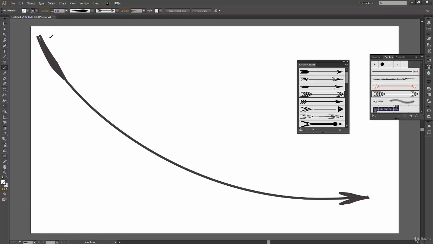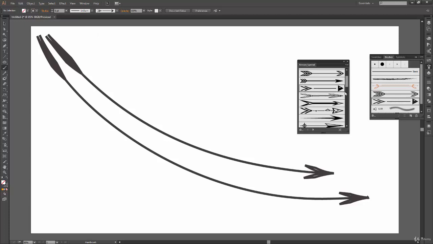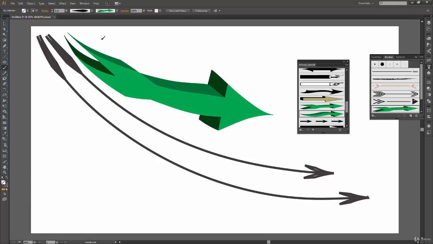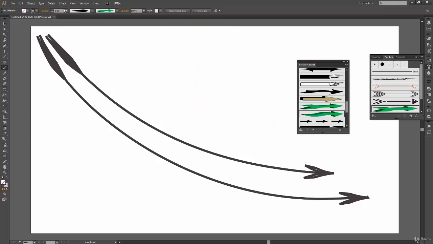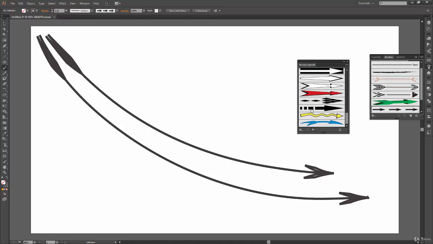So you can see how much easier it is now. I can just click and drag. I can even change my brush again to anything. Let's say this time we'll use this 3D one, or this one actually, and here we will use the width profile. 6 point is fine. And now you can see that it's really easy for me to draw something like this. I think we can reduce width to 1 point, and now if we draw, you can see something like this. I can achieve it really easily. And again, feel free to experiment with all these libraries, and see which library does what.